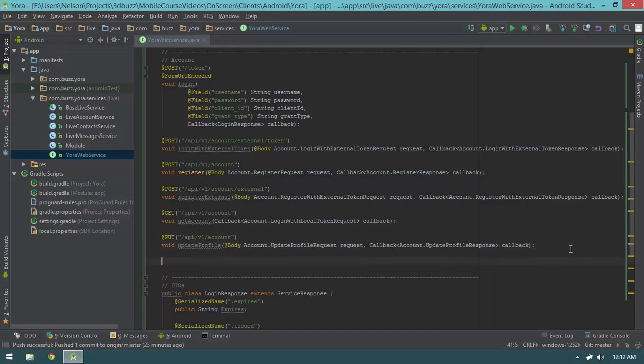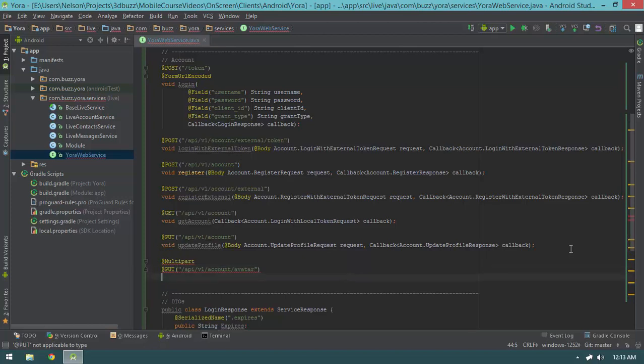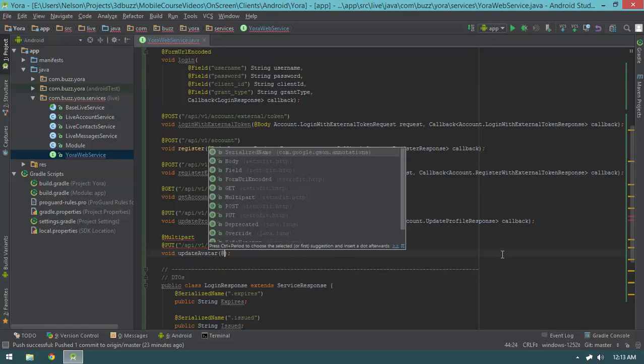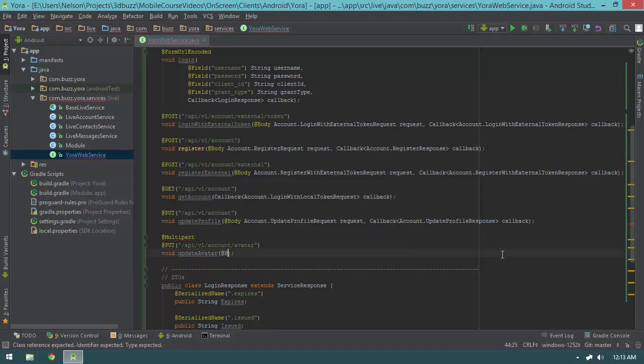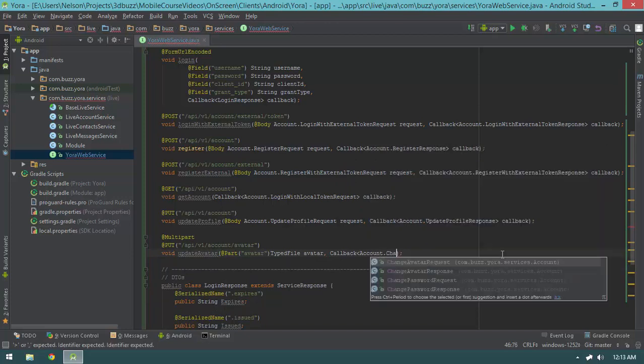All right, let's do our update avatar. This is going to be fun. This is going to be a multi-part. So I'm going to put at multi-part, and then I'm going to say put API v1 account avatar, because we're updating our avatar. And I'm going to say void update avatar. And then I'm going to say part avatar. And this is going to be of a typed file avatar with the callback of account update avatar, account dot avatar change avatar request, or sorry, change avatar response